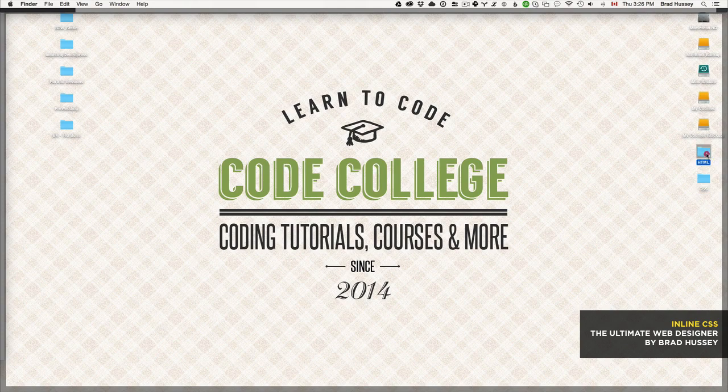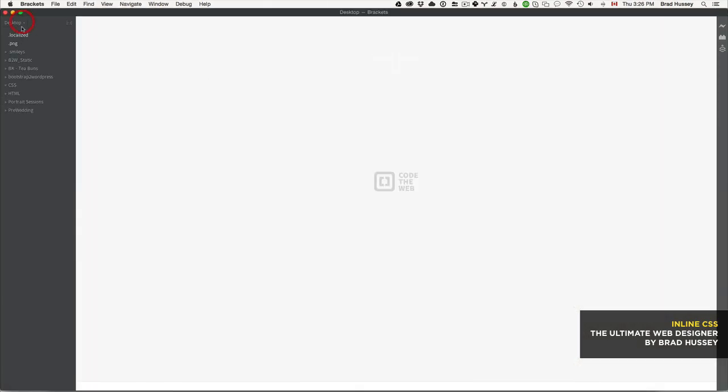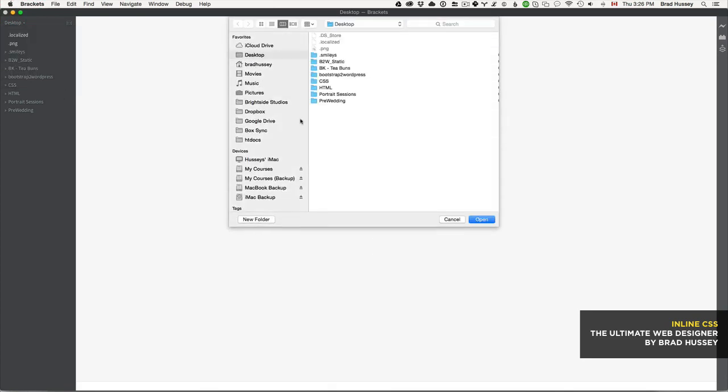The previous folder we had was HTML, and that's where we had all of our HTML files for the HTML section, but the CSS folder is going to have our examples that we're going to be working with. Keep in mind, they are going to be HTML files as well, but the point of it is to keep all of our CSS lectures in one spot. So go ahead and open that CSS folder from your desktop in your